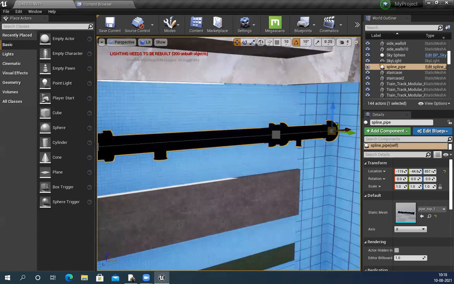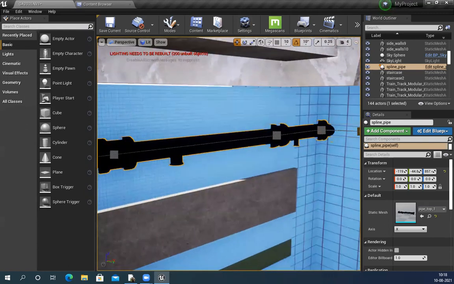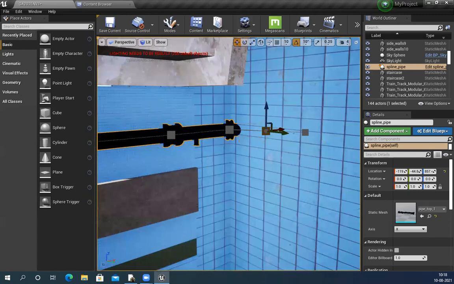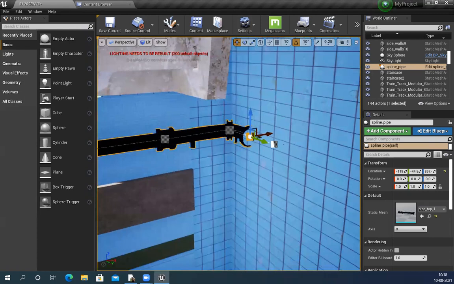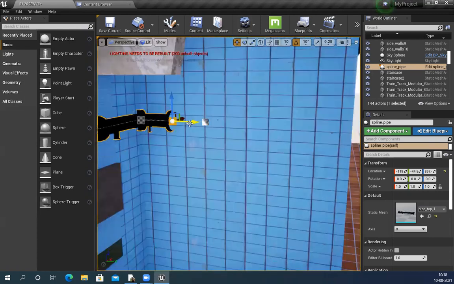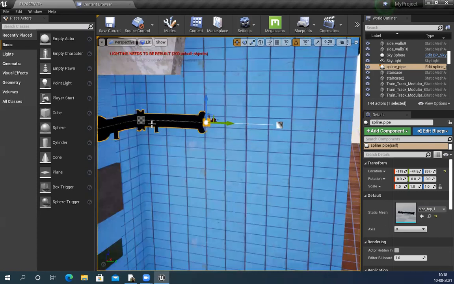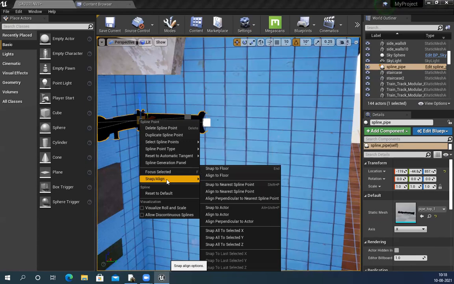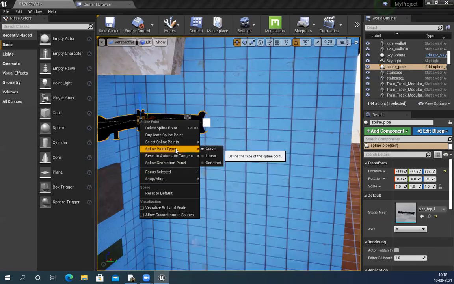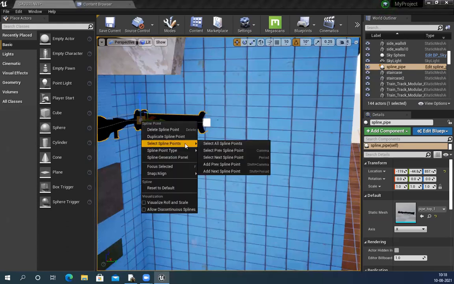Now the corner, I want to bend it. So this corner is not bending properly. I have to check how this spline works, curve or linear. If I make it linear, it is still not that clean.